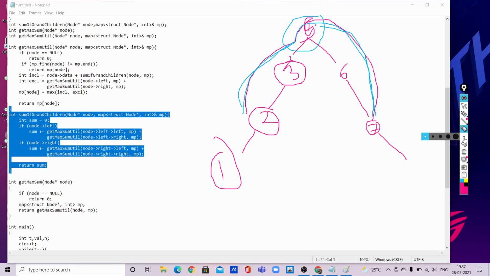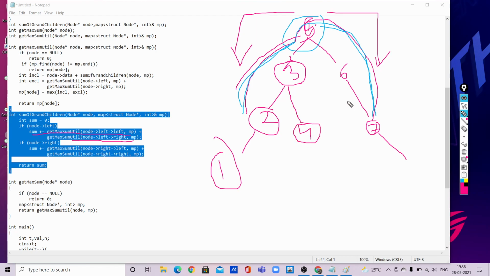Okay, now let us see what is there in this grandchildren function. Sum plus the maximum sum of node arrow left arrow left and node arrow left arrow right. We are calculating the left part as well as the right. If this node contains a right value as well, this may be 4. So for 5 we will be calculating 5 plus 2.